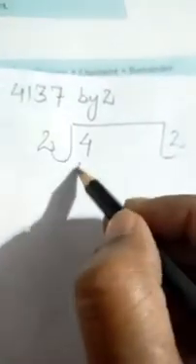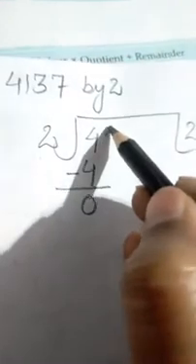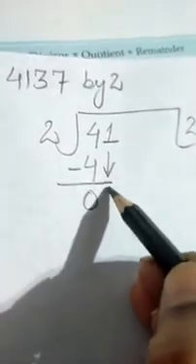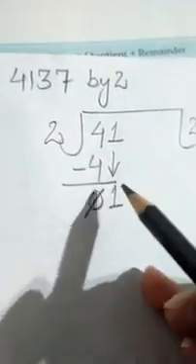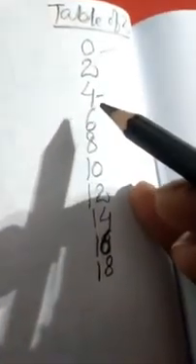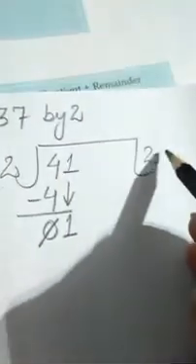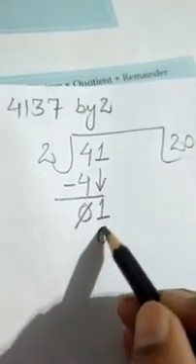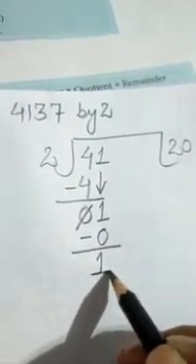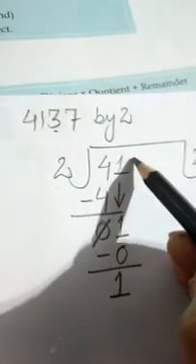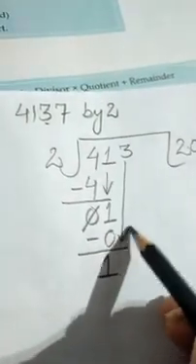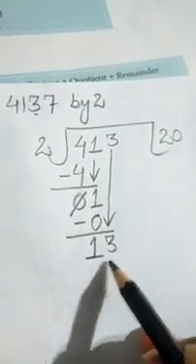Here we got 4, so we will write 2 2's the 4. 4 minus 4, 0 is there, next digit is 1. Yes, we will bring it downside. Then 1. We will observe the table of 2. What can be written? 0 can be written under 1. Yes, 2 zeros the 0. Yes, now here 1. Next digit is 3. We will write it and we will bring it downside. Now it has become 13.